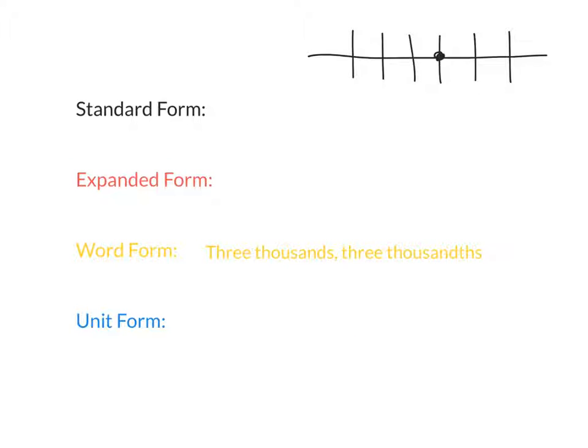Moving on to unit form, which again is the new form we're talking about today. Remember, unit form, it really helps to look at a place value chart. Remember, for unit form, we could group numbers in different ways. We could think of it as 3,000, or we could think of it as 30 whats? Look at what I've boxed here. 30, what place value am I in here? 30 tens. Or we can think of it as